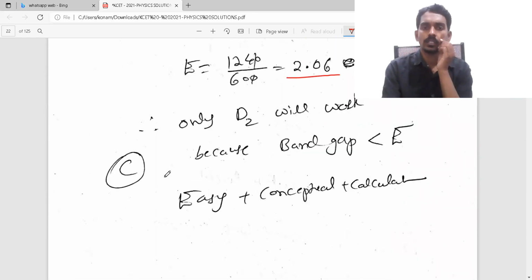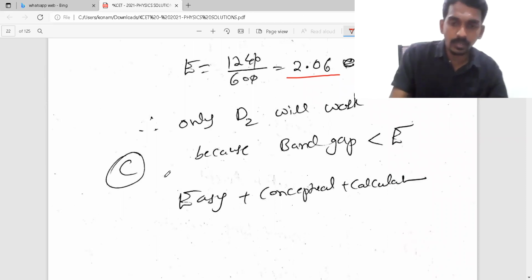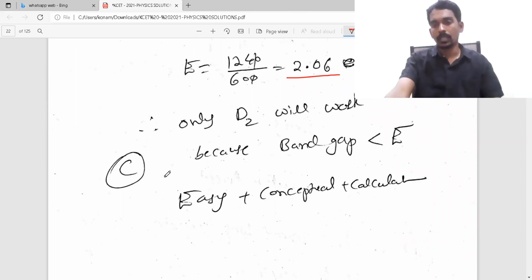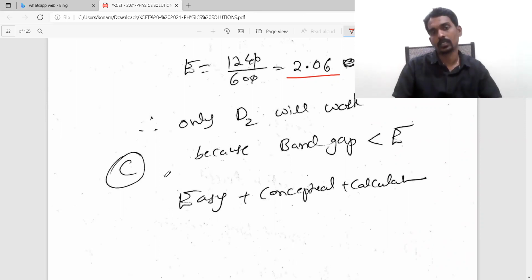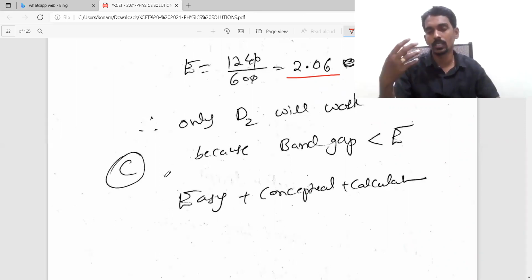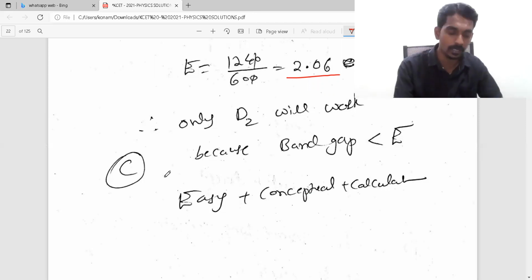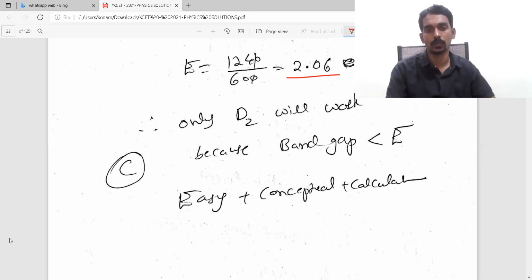Like that. Now here, you can solve the question, but until and unless you have the idea of a photodiode, you cannot solve anything. The question is easy and the solution is also not difficult, but you need to have that idea. That is what I'm telling. Definitions, concepts and formulas play a very important and key role. Of course, calculation and manipulation save your time, meaning how fast you can do it.